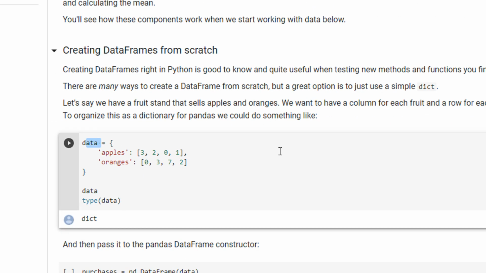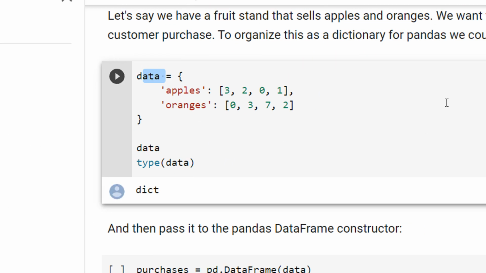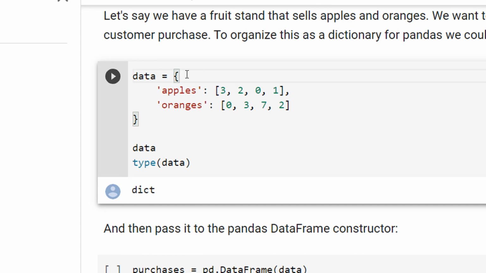You just create a dictionary. Let me just increase the font size so that the appearance is better. You can see this is my dictionary, because I have a curly brace here, and on the left hand side I have a key, and on the right hand side I have a value. In this case my value is nothing but a list, but overall this object is a dictionary. Key colon value, key colon value. For the last value we need not specify the comma. Even if you specify it, the interpreter will not throw an error. When I do a type of data, it tells me it's a dictionary. Of course, it's a dictionary.